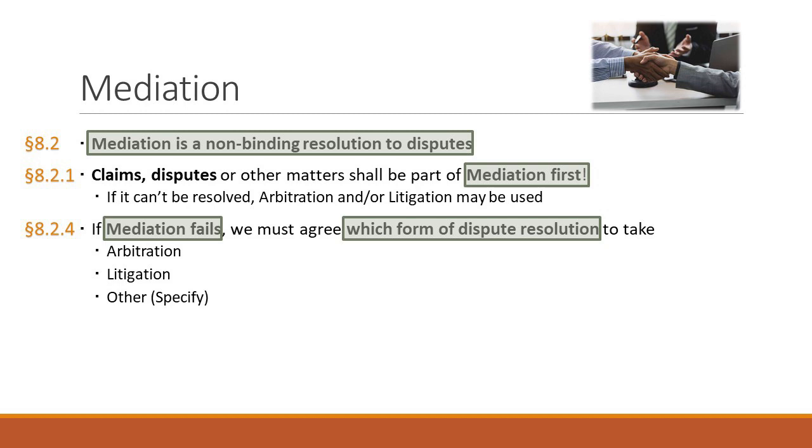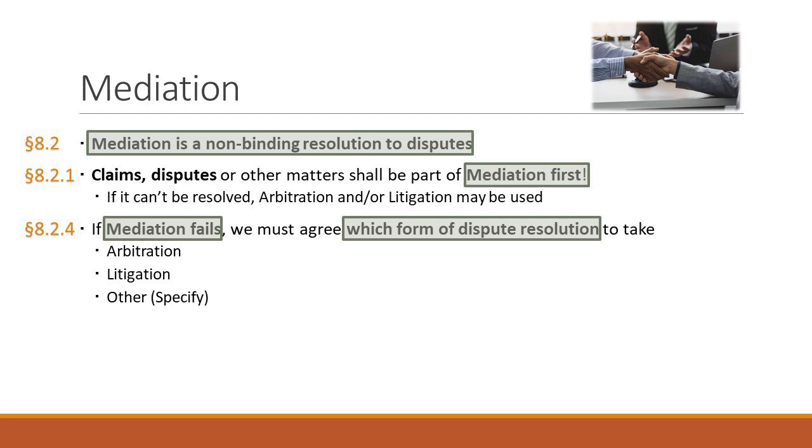And it says they shall endeavor to resolve claims and disputes and other matters through mediation, and if they can't, the mediation shall proceed in advance of binding dispute resolution, which could be either arbitration or litigation. So we have a step process. First step is mediation. Second step, if they can't solve it, will be some binding resolution, and it could be litigation or arbitration. So how do you know which we are doing first? What are we doing after if the mediation doesn't work? Well,